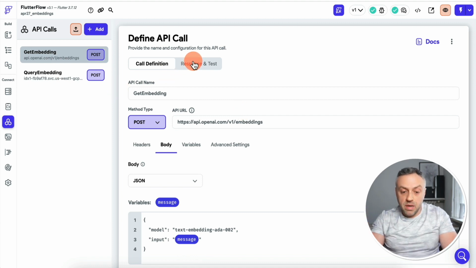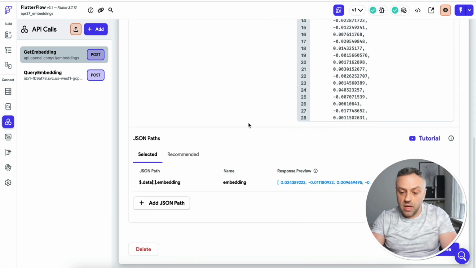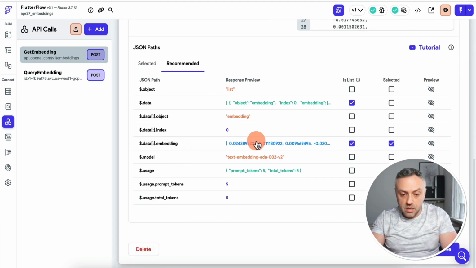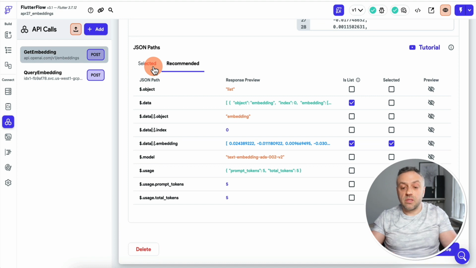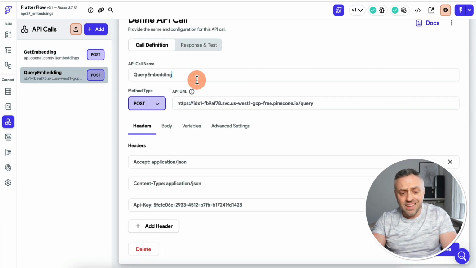And we get an embedding back, right? So we get an embedding back and then I pull it in here, right? So if I do something like, "do you like pizza?", I do a test API call. I get this embedding and I go in here and I need to pull up just the embedding, right? This data embedding. That's all I care about, right? This vector, essentially this array of floating point numbers. That's all I care about. And then I have another API call. And in this call,